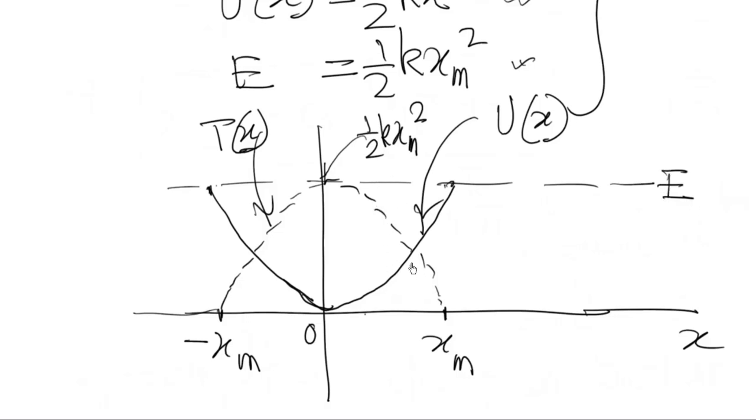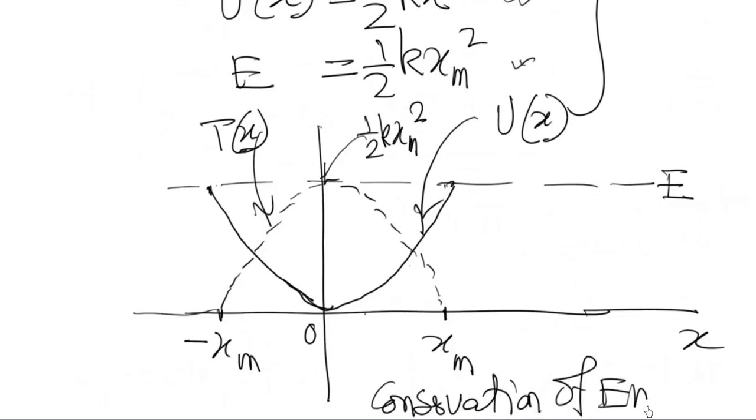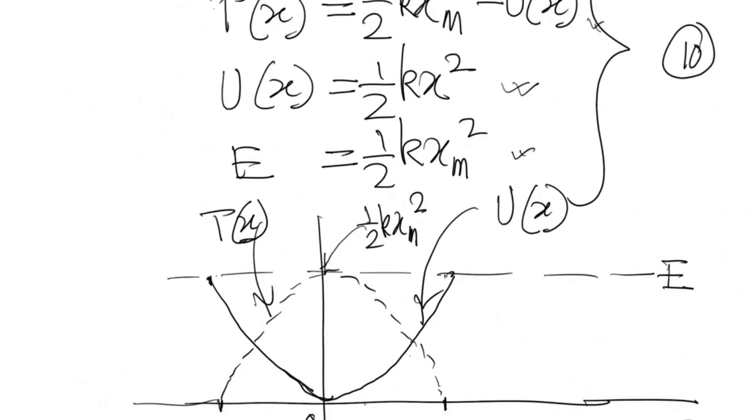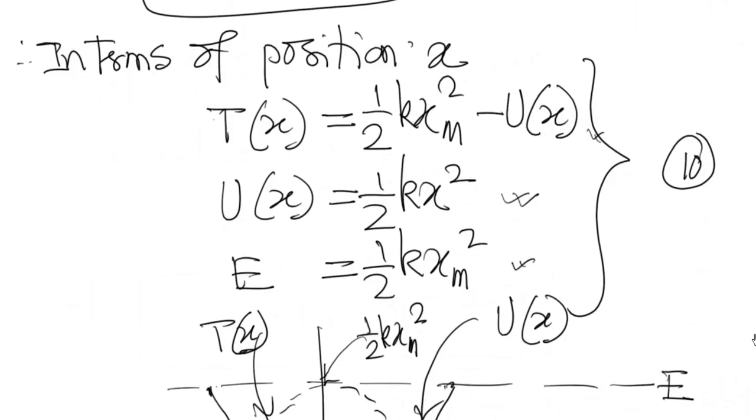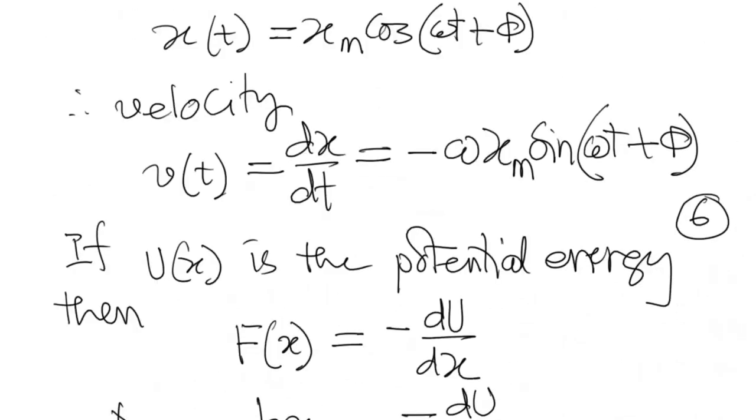So the sum of the potential energy and kinetic energy is constant. This is the conservation of energy. In terms of positions, X, conservation of energy is satisfied. Okay, now we write down those expressions of T, U, and E in terms of time t,